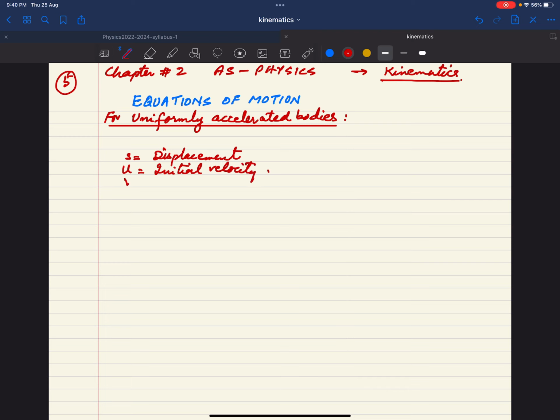You will use V for final velocity of a body. And then we have another aspect, which is T, the time